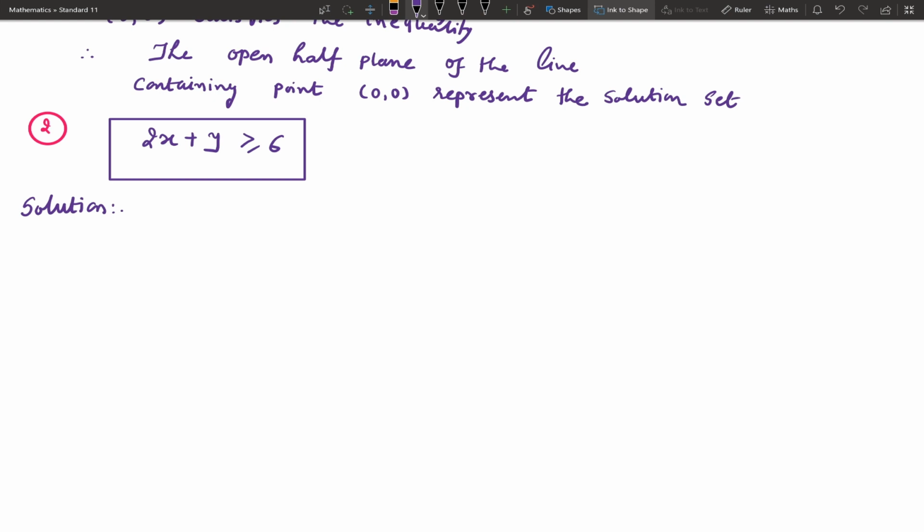Number 1, it is a slack inequality. So because of the slack inequality, there will be a dark line. Now again, first to solve this linear inequality graphically in two dimensions,